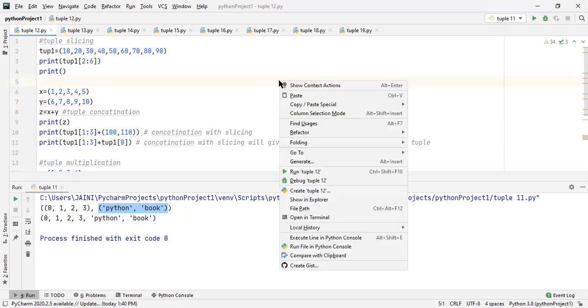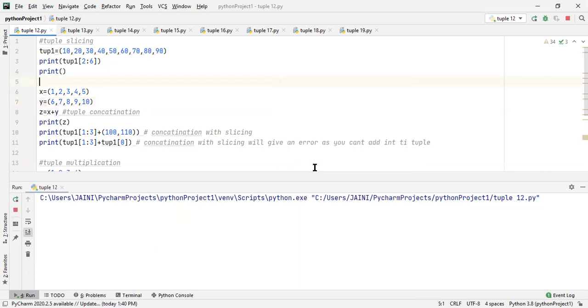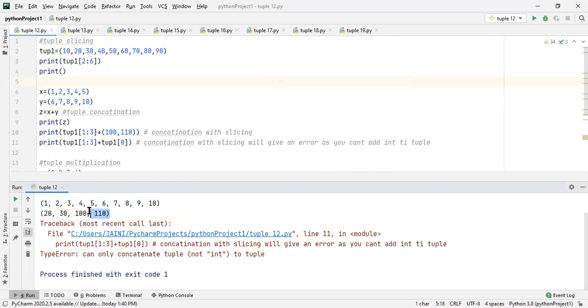Okay, let's just run it. Just see the first output over here. Only four elements have come: index number 2, 3, 4, and 5.